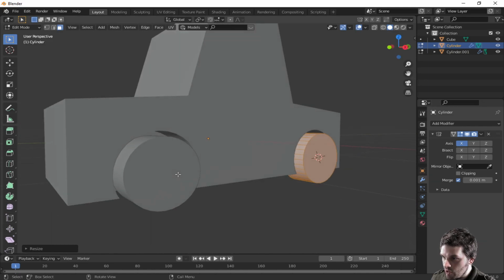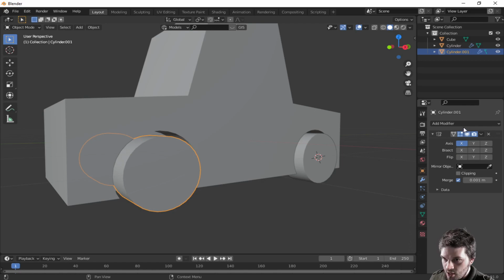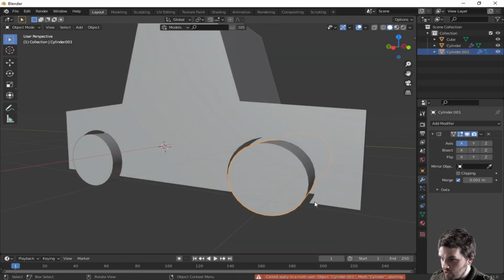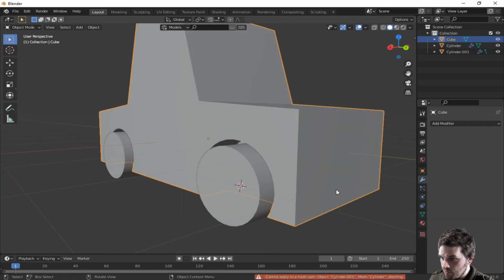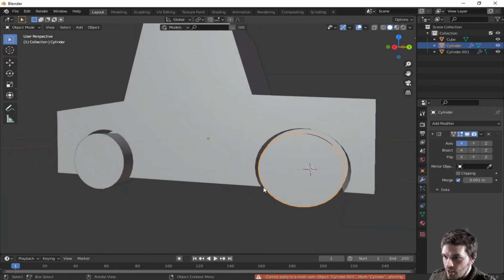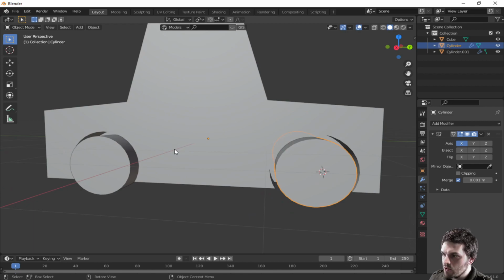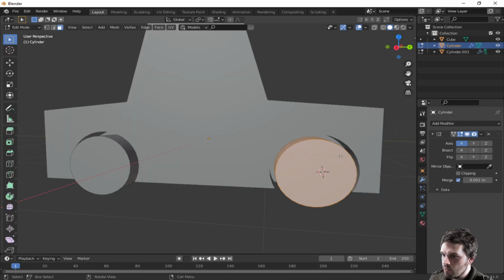Now, it didn't do it over here. I don't know why. It did not transfer. Oh, okay. I know why. Control A, rather. And, yeah. I mirrored it now that it knows where it is in 3D space. Okay. Now, let's model this